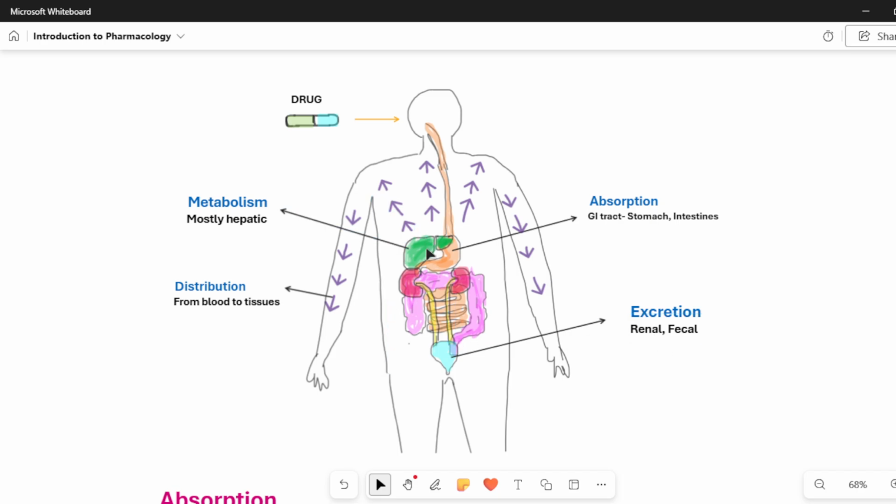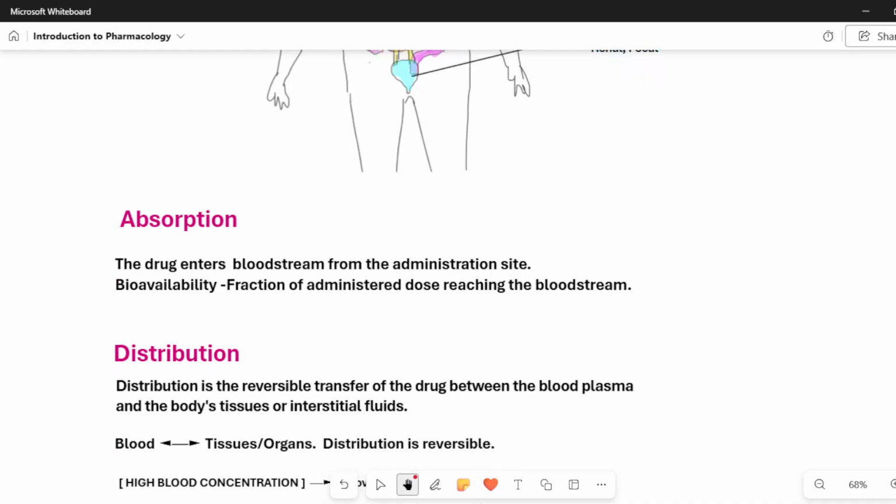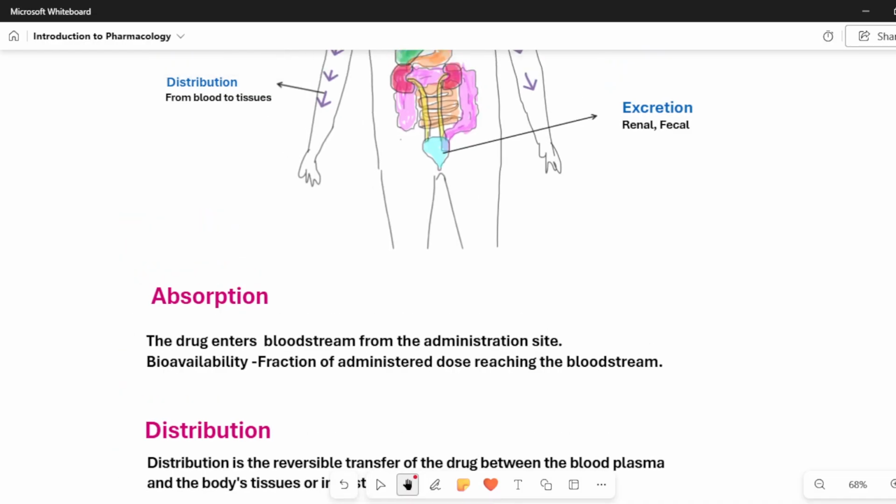One more thing is the liver, whichever drug is left over, it pushes it to the bile ducts, which are present in the gallbladder, and that pushes it to the small intestine, and it goes out via the fecal route. So even the liver as well as the kidney help in the excretion of the drug. So this is the pharmacokinetics process, the entire process which happens inside the human body with the drug. This is what the body is doing to the drug. So we will see everything here in detail.